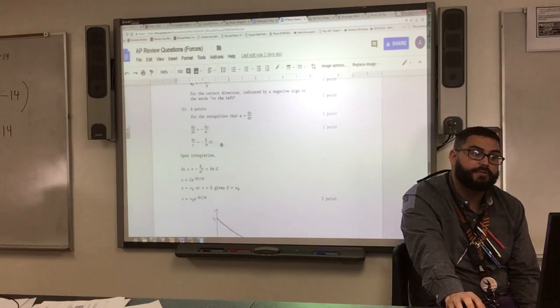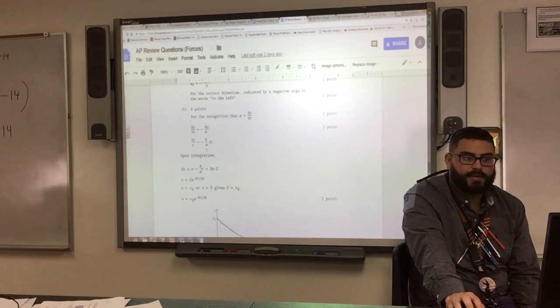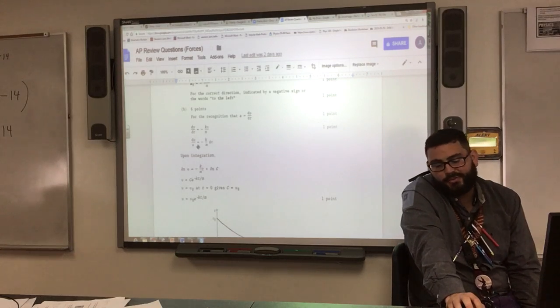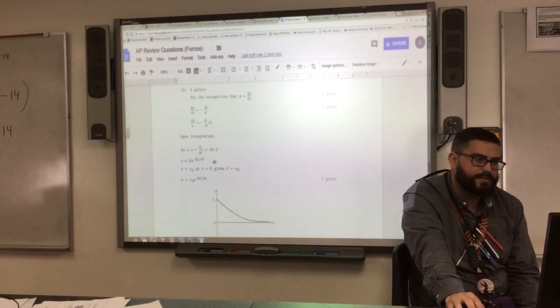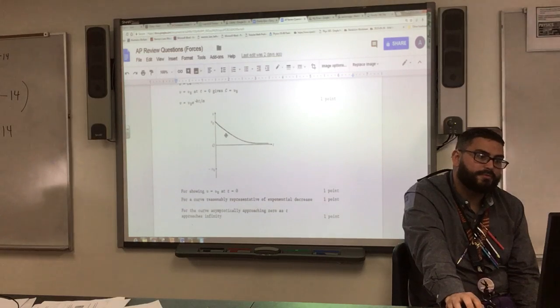for the separation of variables. That's really it. Note that you don't need to bring the k over m with the v. You really just want that v by itself. You want to try to separate and make your life easy. So you could, if you want. Yeah, you can. All right, so for integration,